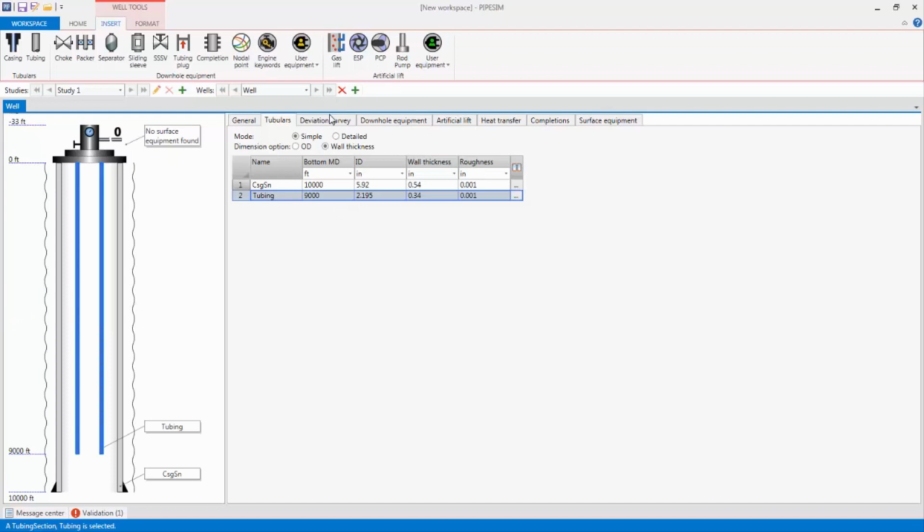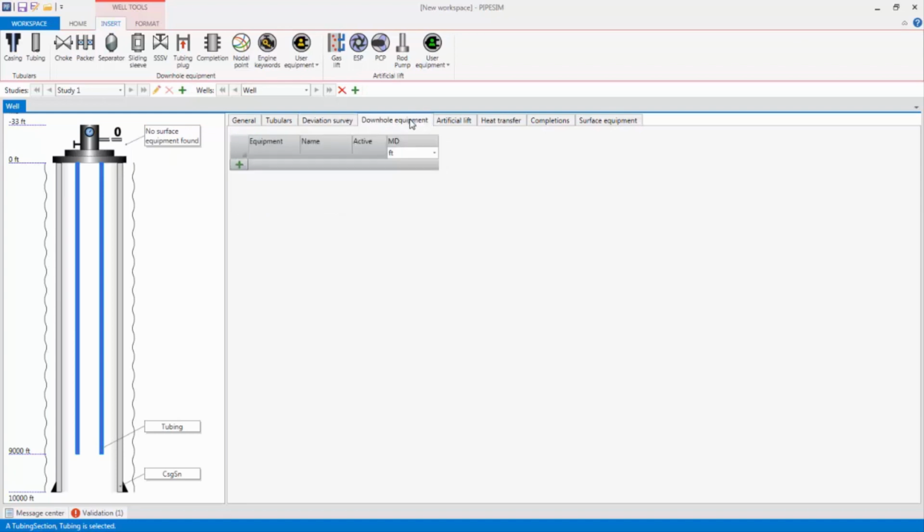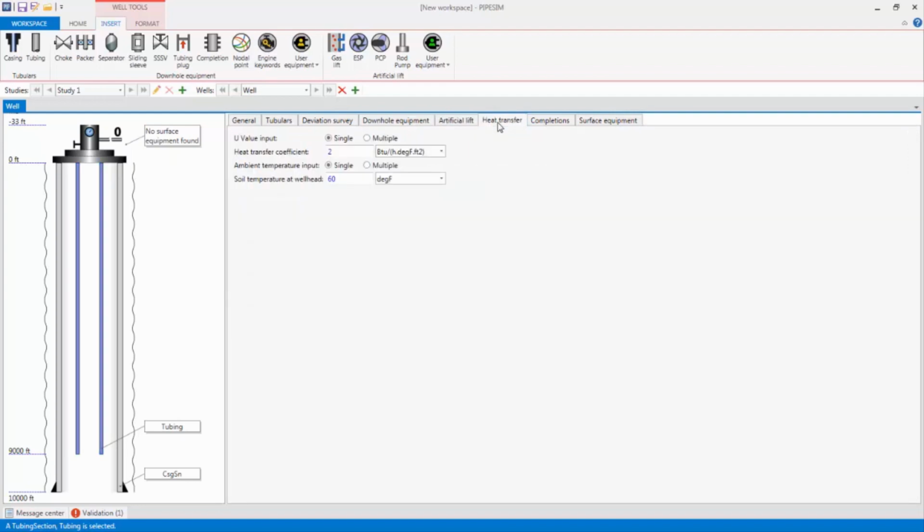The well is a vertical well, so I'll leave the default vertical option on the Deviation Survey tab. I will also leave the defaults on the Downhole Equipment and Artificial Lift tabs for now. On the Heat Transfer tab, I will specify 65 degrees Fahrenheit as the soil temperature at the wellhead. We will specify the reservoir temperature next, in the Completions tab, and these two temperatures will define the temperature gradient